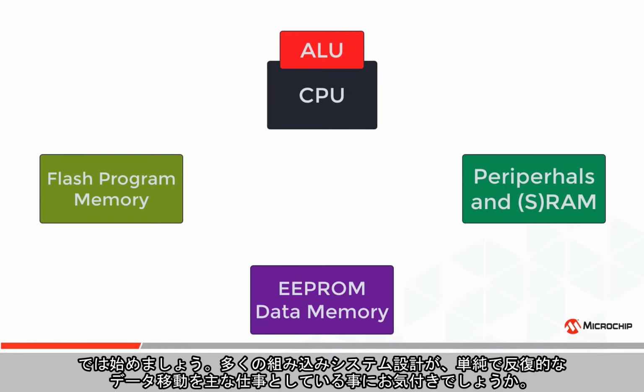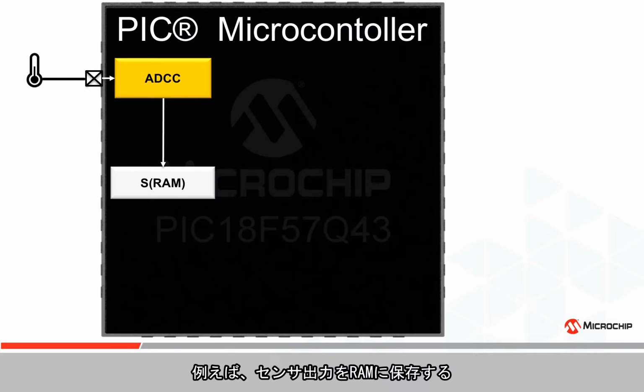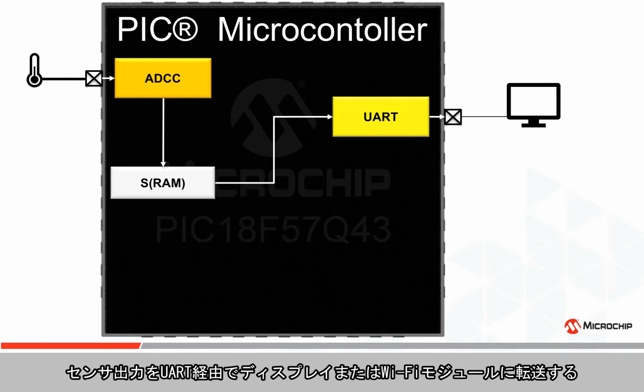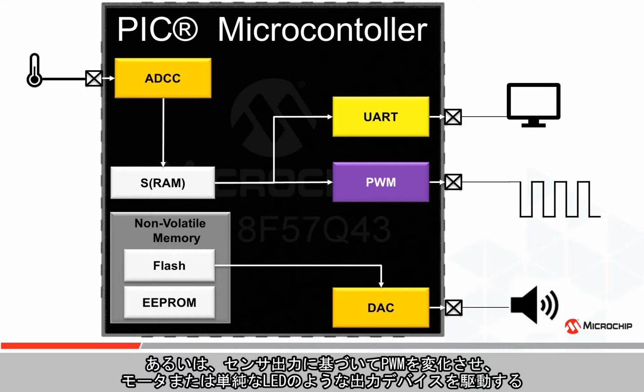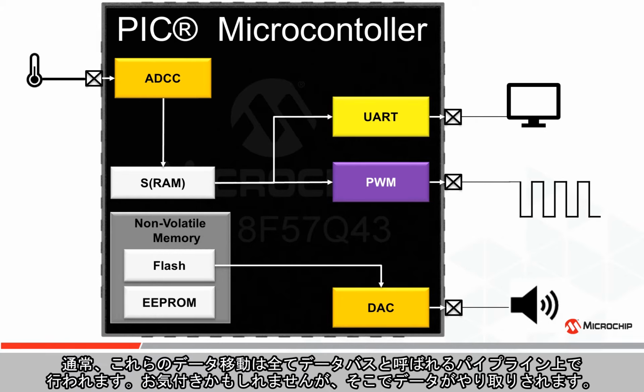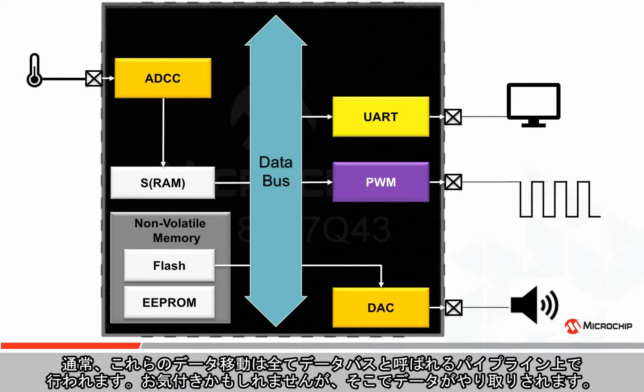Okay, so getting started. Have you ever noticed that a large amount of embedded system design revolves around simple but repetitive data movement, like storing a sensor reading in RAM, or transmitting that sensor reading over a UART for a display or to a Wi-Fi module, or perhaps even varying a PWM based on a sensor reading to drive an output device like a motor or even just a simple LED? Well, all of these movements typically happen across a pipeline called the data bus, where, as you might have guessed,